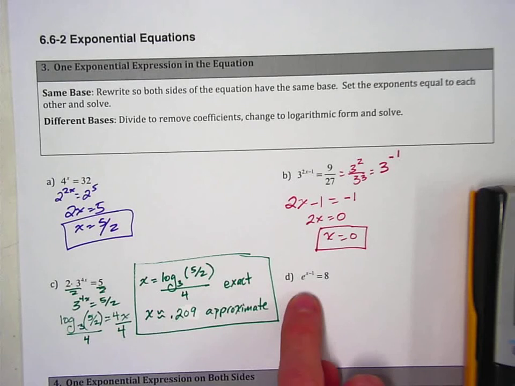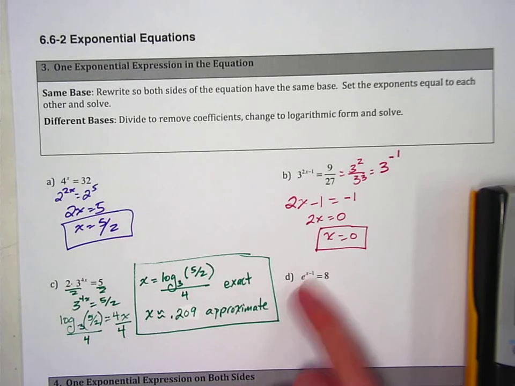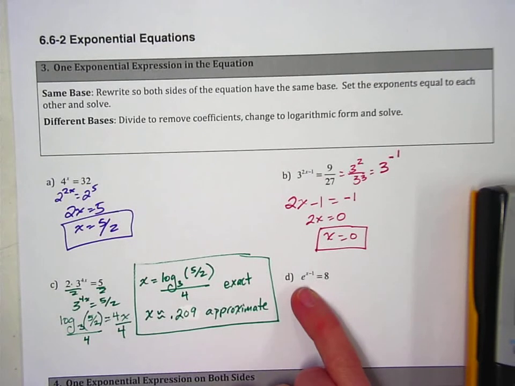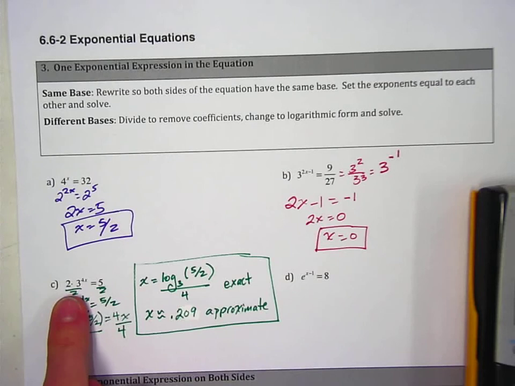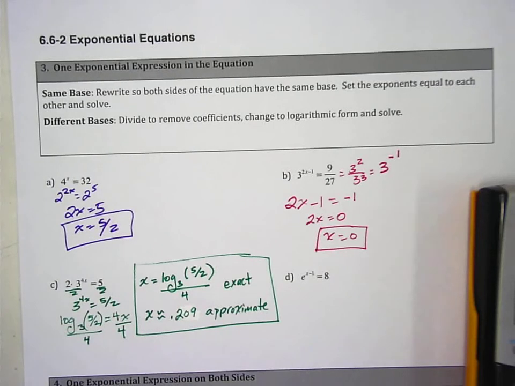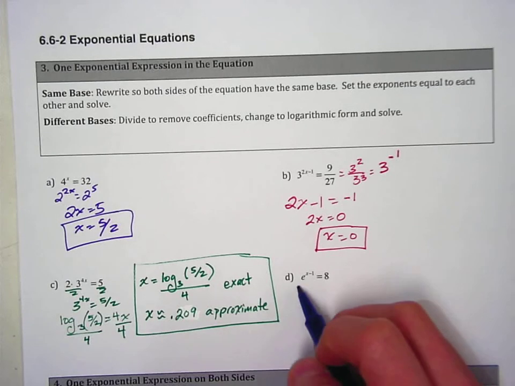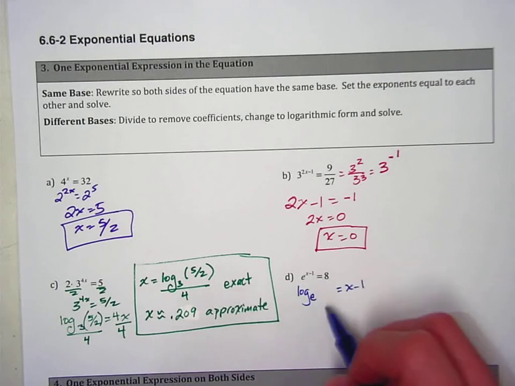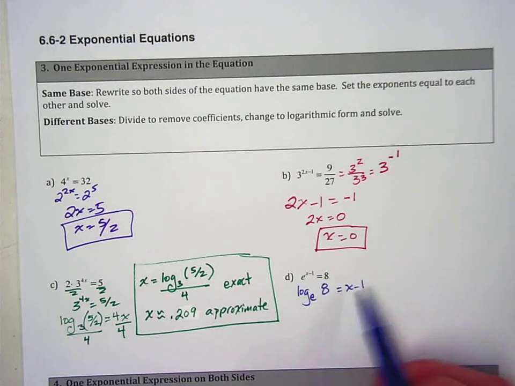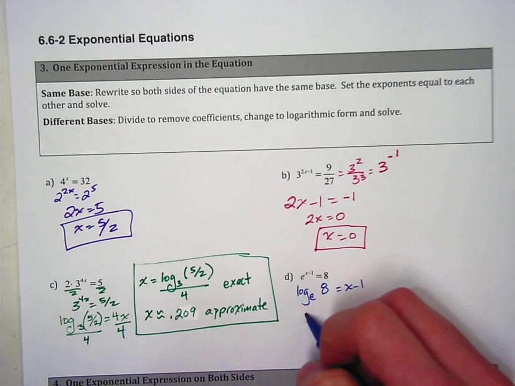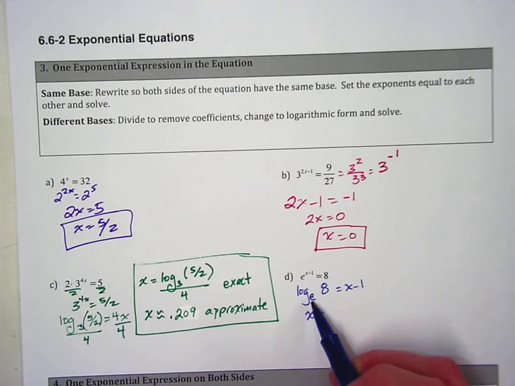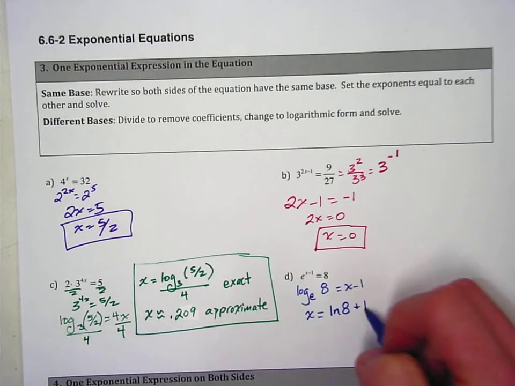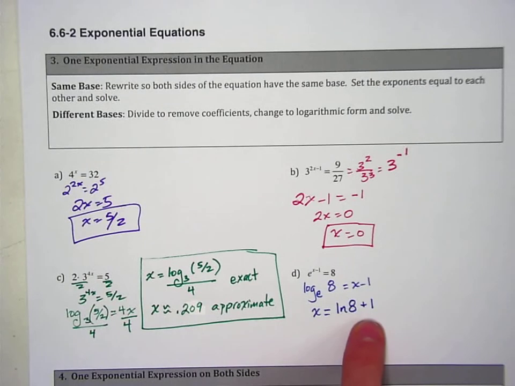All right, for D, notice I have the base to the exponent. So e to the power of x minus 1 equals 8. This is already the exponential term, so I have no need to divide like I did in C. So for this one, I can go ahead and change forms right away. Now I have log. For this problem, the base is e, and it equals the exponent, x minus 1, of 8. To solve for x, I just need to add 1 to both sides. So I get x equals, well, the log base e is really just the natural log of 8, and then plus 1. Now notice, I did not add the 1 to the 8